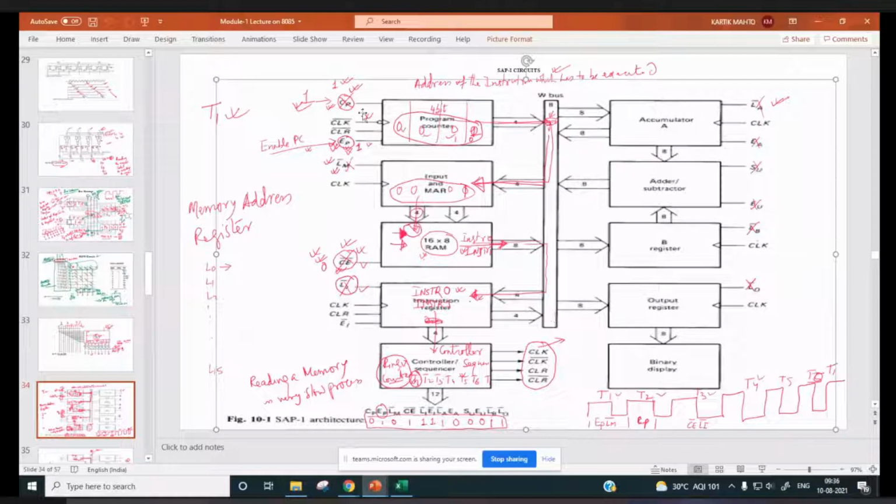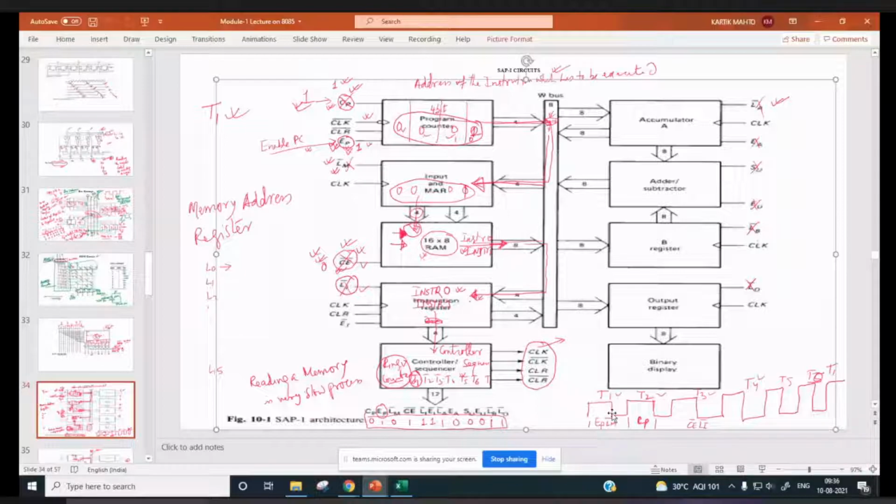And each component is having some control signal associated with it. So CP, EP, LM bar, C bar, all these are different control signals, and these control signals have to be activated in different T states in order to fetch and execute the instructions.